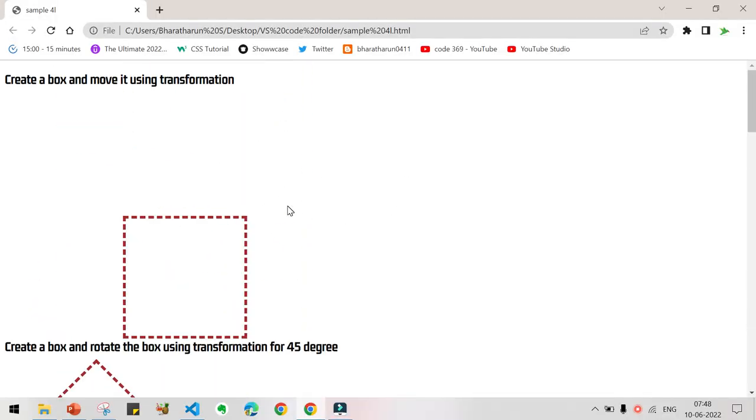This is our sample project for today's class, and you can see a box here. The heading is: create a box and move it using transformation. The box was originally next to the heading, on the next line, but here I have moved it to here. So how to do that? Using transformation. That is what we are going to learn now. So copy this heading